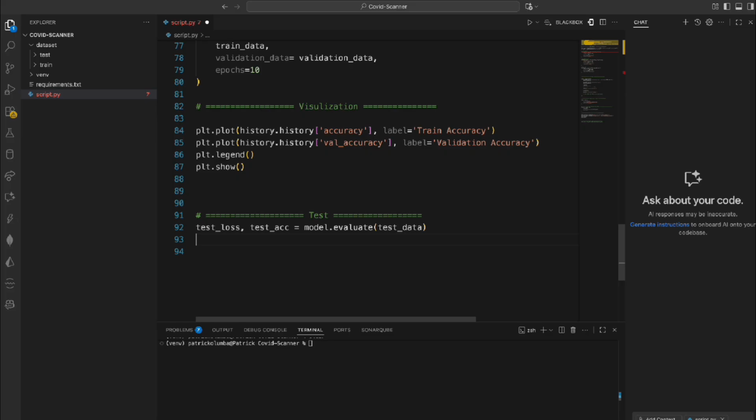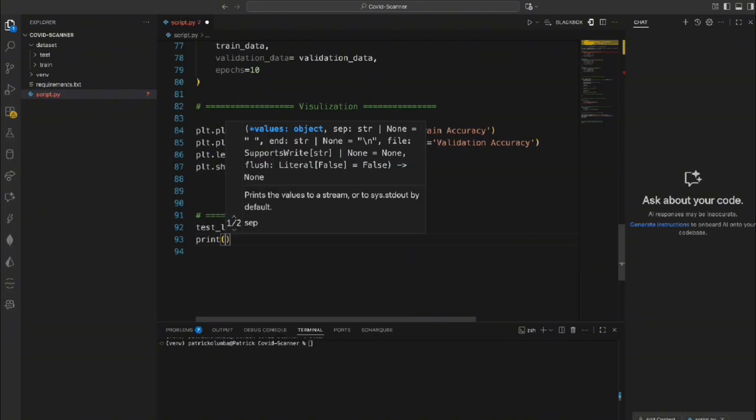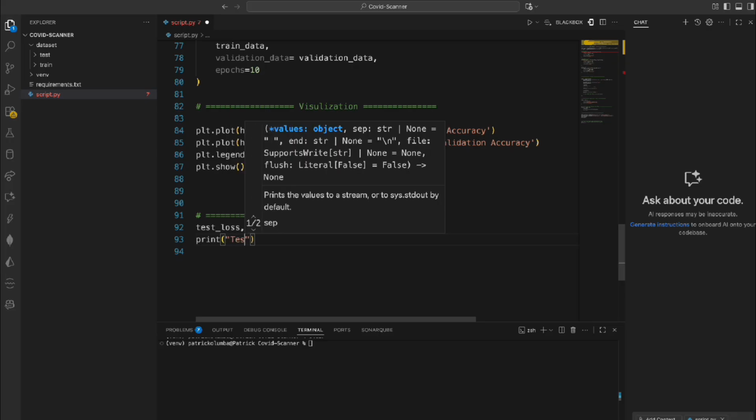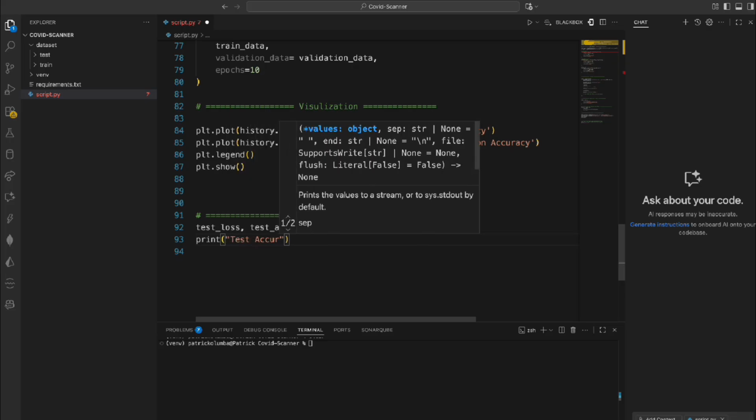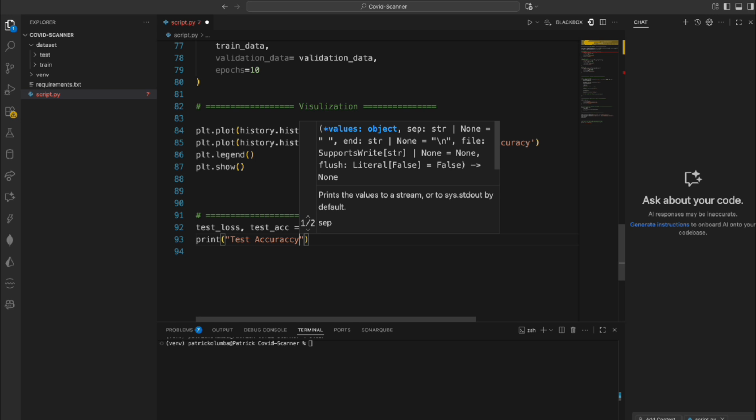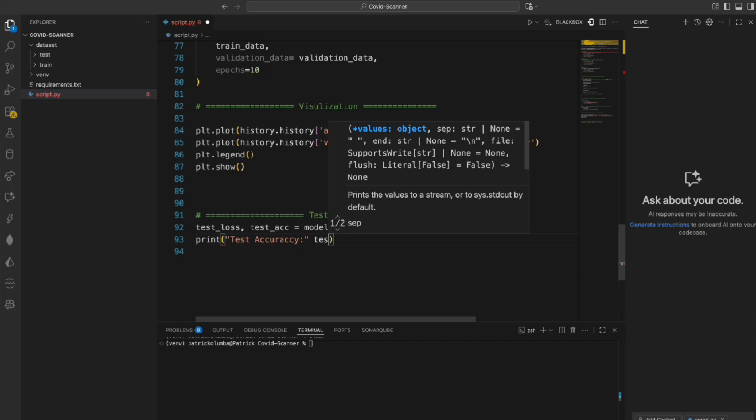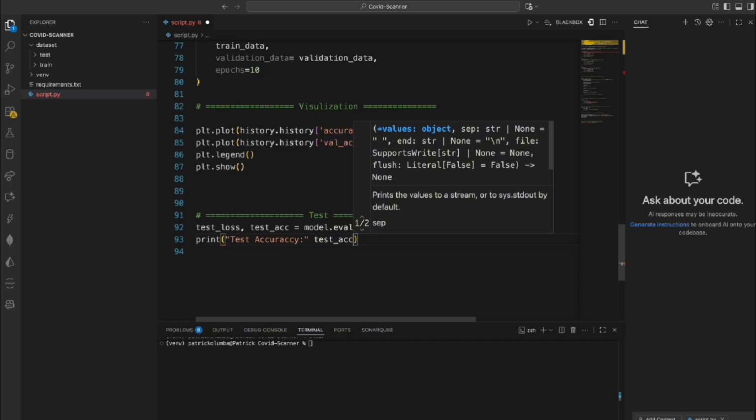And what are we going to show right here on the printing? We can say test accuracy, just to see what's happening, right? So now what we want to do is